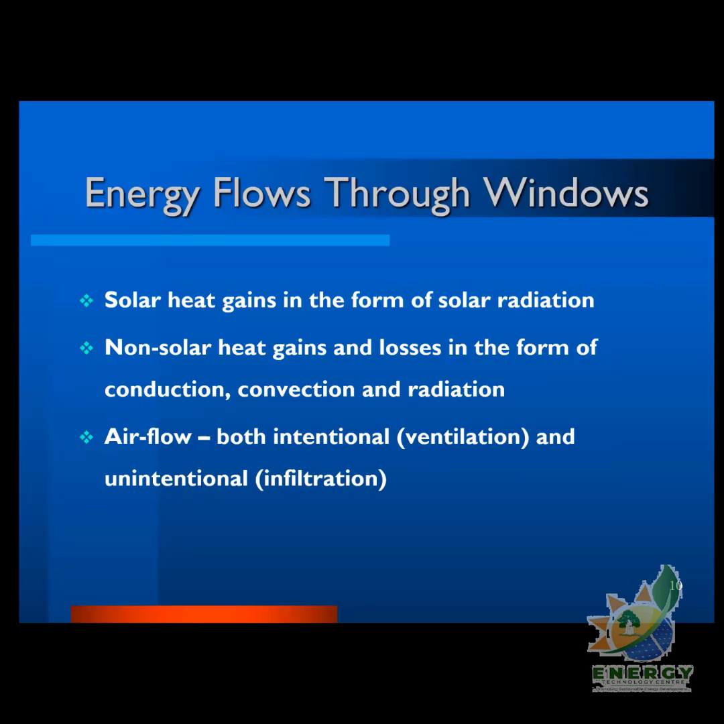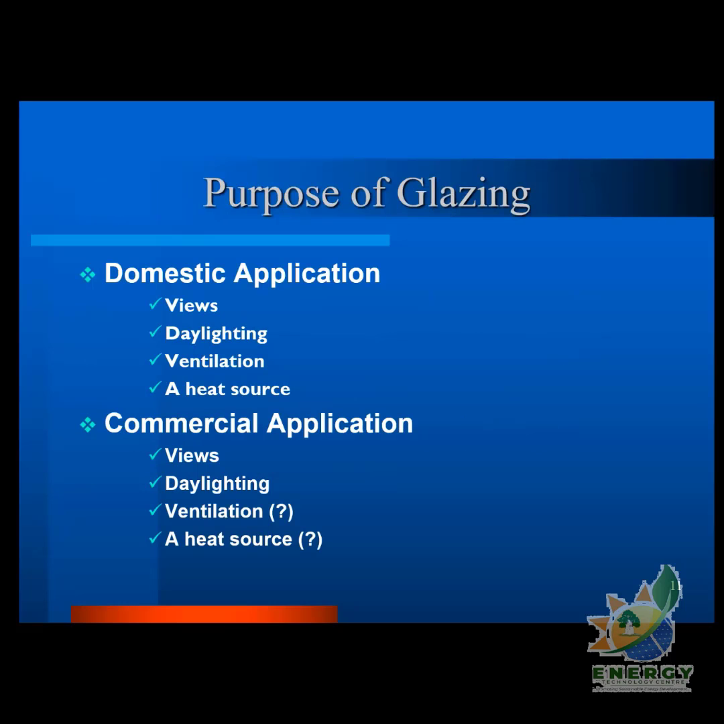And then we also have non-solar heat gains and heat losses in the form of convection and radiation heat losses or heat gains. And then you have also airflow that comes in and out as a result of intentional, which is the ventilation, and unintentional, which is the infiltration, to and out of the building. For the purpose of glazing,